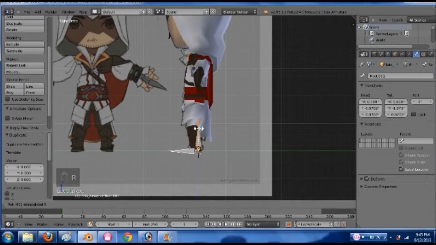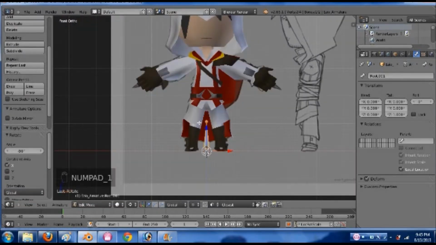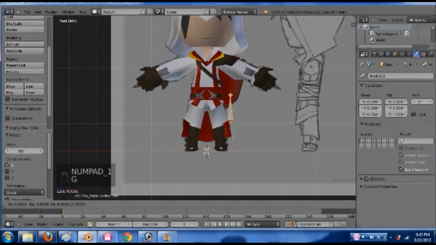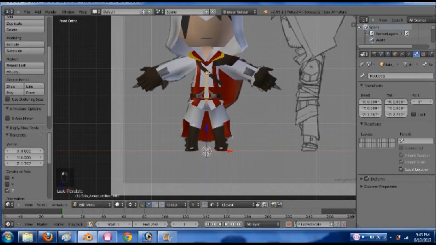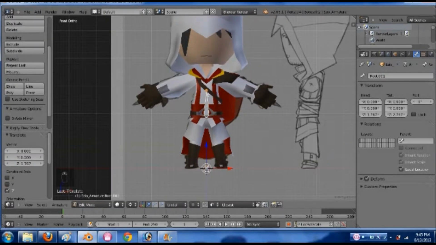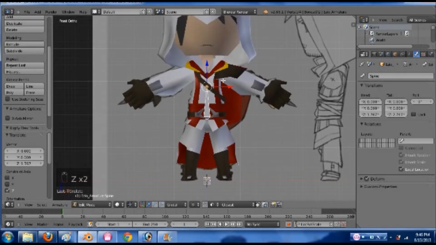R X minus 90 to get it back up, and we'll bring it up to about his belt line where we started forming the mesh. See, this bone here is going to be his, let's call this spine, and comma to bring that back up here, and we are going to